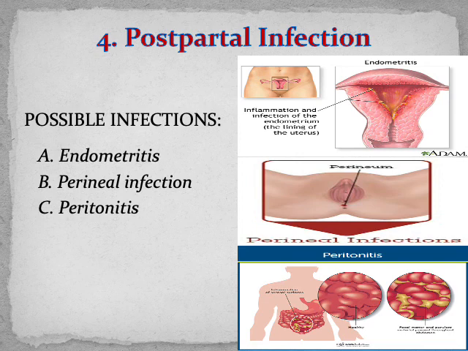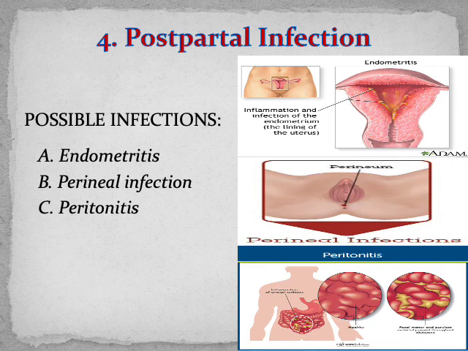Second is perineal infection. Obviously, ito ay dahil may infection sa perineal area, lalo na kung may mga sugat dito. Merong episiotomy or laceration. Please go back to the concepts of laceration and episiotomy. Siyempre, sa ganon, lagi nating tatandaan na panatiliing tuyo, malinis yung sugat at dapat mabilis siyang mag-heal. Kaya nga kailangan may tulong ng peri-light or perineal light. Pag ganito, usually localized infection siya.